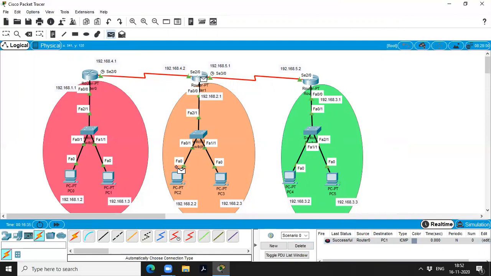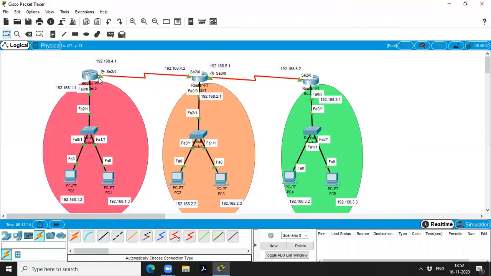From here to here, initially it fails, and again if you check, it gets successful. From here to here, successful. From here to here, failed. Check from here to here, successful, right? From here to here also, successful.